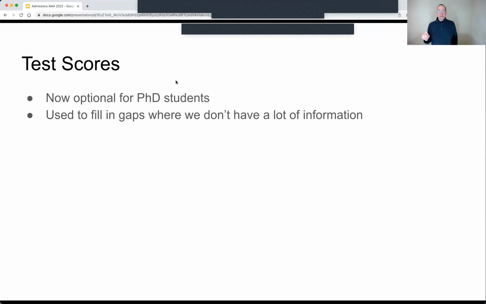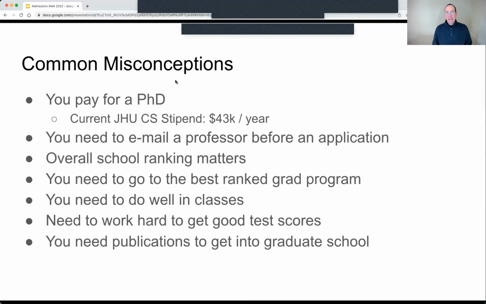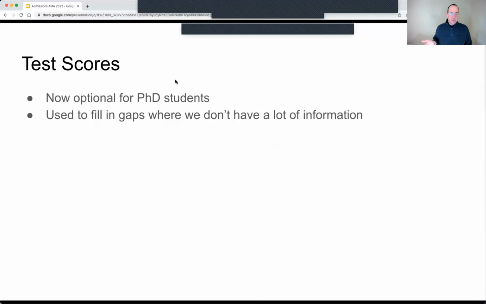We use them basically to fill in gaps. If you don't have a lot on your record, right? You haven't done research, you don't have letters that really speak to your research ability, we don't know a lot about your institution, and so we don't know how to interpret your GPA. If all that is unavailable, we might fall back to test scores, but that's very rare. And as I said, we might not even take test scores now. I don't remember. And it's obvious, we don't do any filtering for test scores, and we don't do any filtering for GPA. No one gets filtered out by those things. Everyone gets a full review.